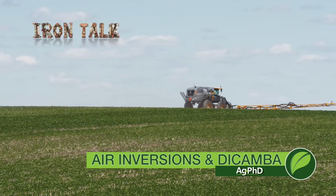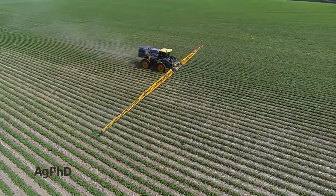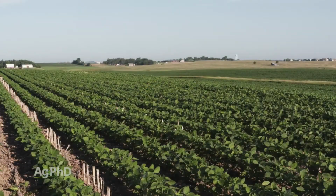We often hear from farmers, "I just want to spray in the early morning or in the evening when the wind isn't blowing." We'll explain how to manage that on your farm in today's Iron Talk and give you an update on Dicamba too. We always say on our farm we're looking for a day to spray that isn't windy,